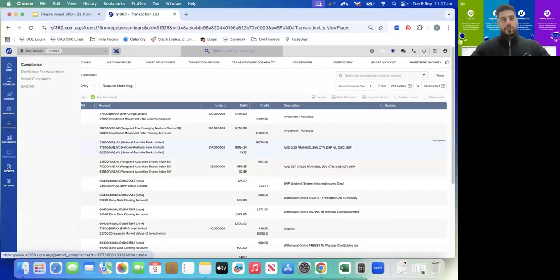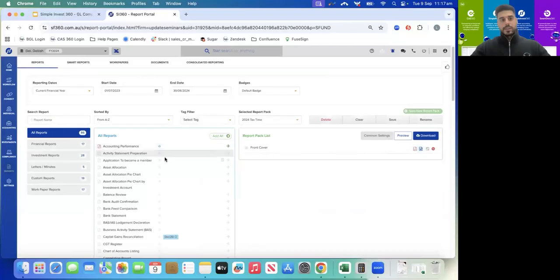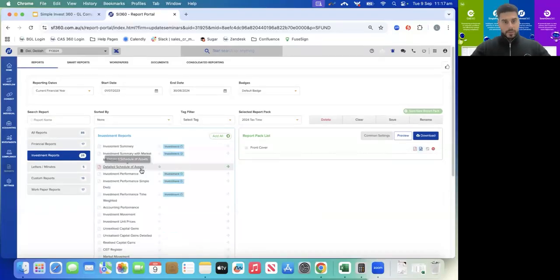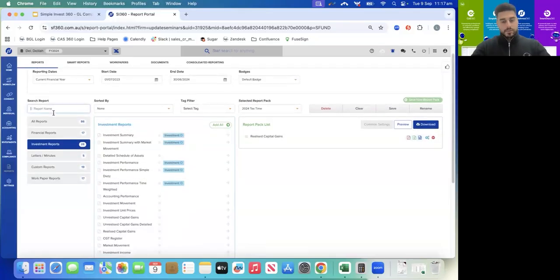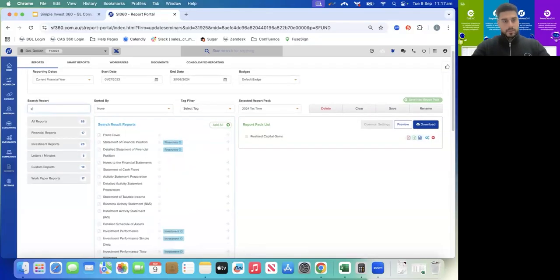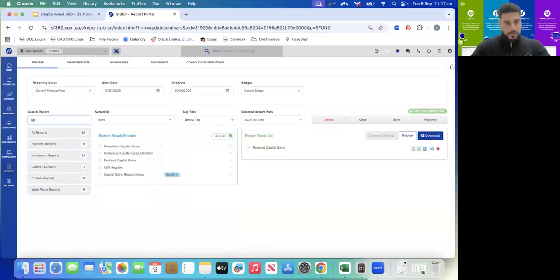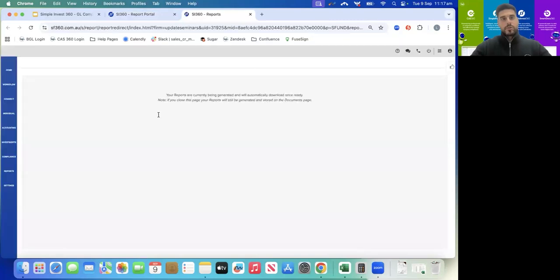Again, you can go through in our reports and view the different CGT. So just give me one moment. So if I get our CGT realized capital gains and our CGT rec, capital gains reconciliation, and preview those reports,